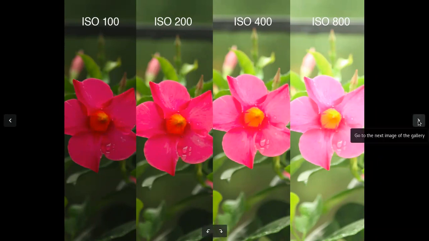What is the significance? If the ISO is lower, we normally get a darker photo, whereas if the ISO is on the higher side, we get a brighter photo. See, the ISO 100 photo is darker, the ISO 200 photo is lighter or brighter, the ISO 400 photo is even brighter, and ISO 800 is much brighter than ISO 400.